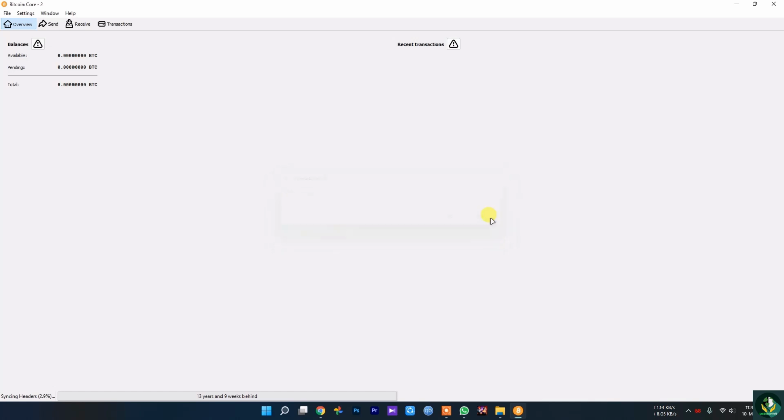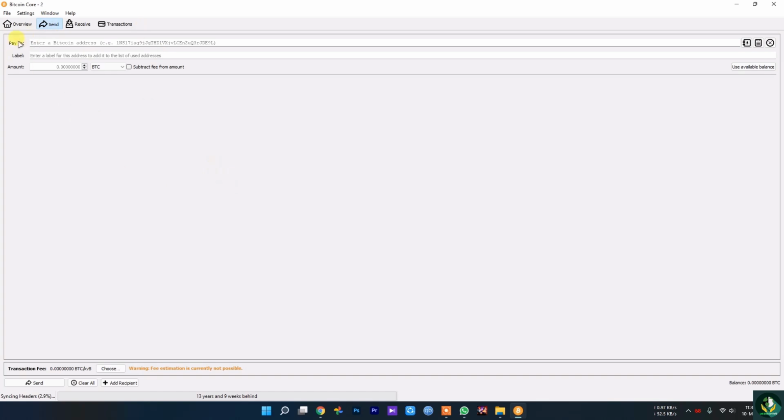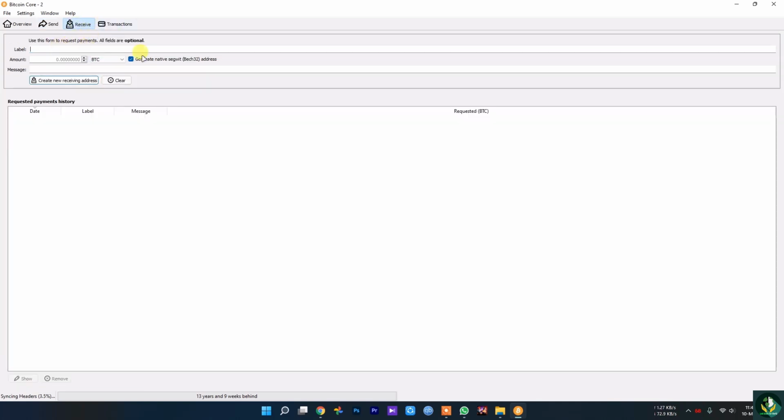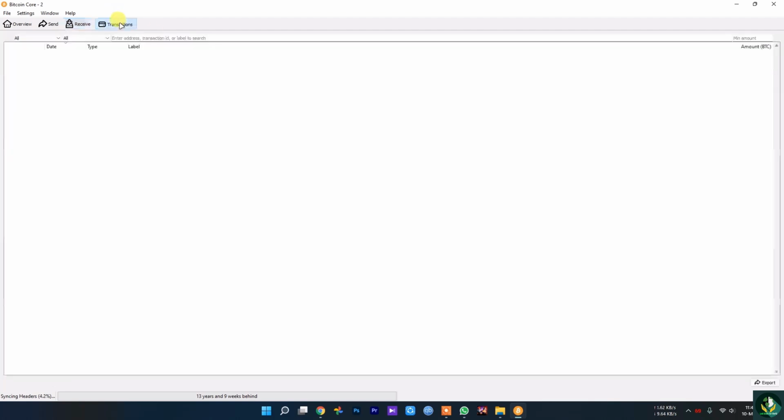I'll get to that. Then you can send money on Bitcoin, choosing who you want to send to and the amount in BTC, which is Bitcoin. You can also receive from here. You can use a label, amount, message or anything, and BTC is the native Bitcoin unit. You can also see your transactions in here.